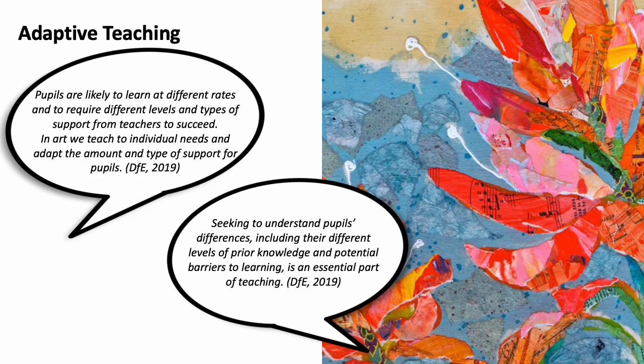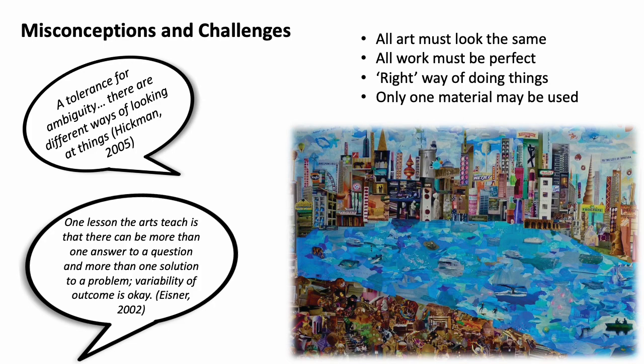I intend to create an inclusive classroom environment that enables all children to access the learning. The misconceptions that could arise in this unit are that the children believe that all their collages must look the same and that there is a correct way to do things. I do not want the children to be limited in the materials that they choose or the composition of their work. I intend to reassure the children that mistakes are welcome and to remind them of the words of Eisner,